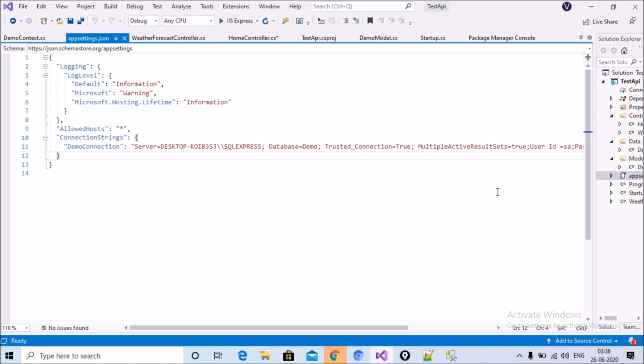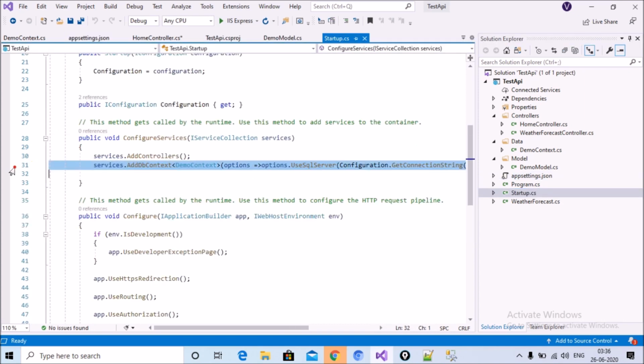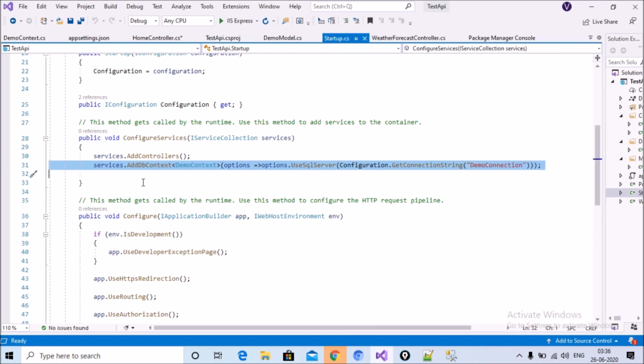After declaring the connection string inside appsettings.json, in Startup.cs you have to put services.AddDbContext, with your context class which you have created, and options.UseSqlServer with Configuration.GetConnectionString, and put the connection string name which you declared inside appsettings.json. This part has been completed.